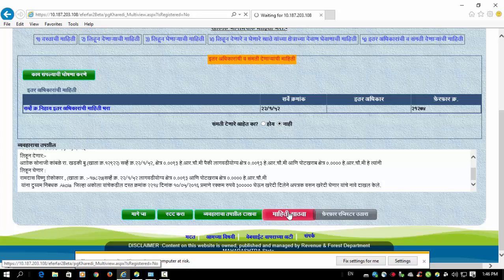This is the total process of Kharedi mutation. Now it is saving the data.